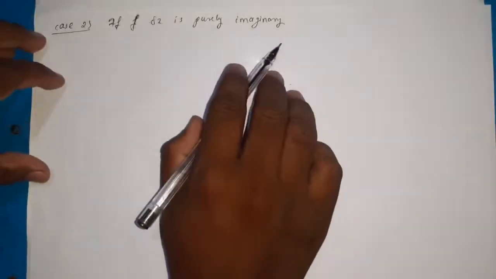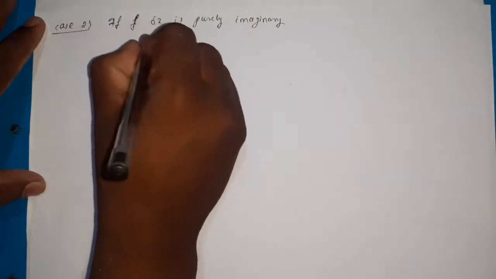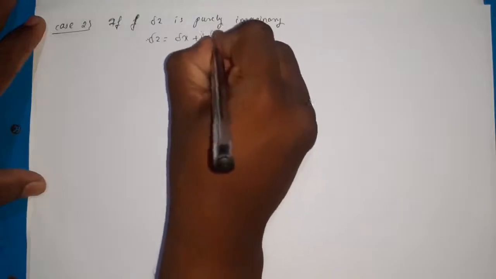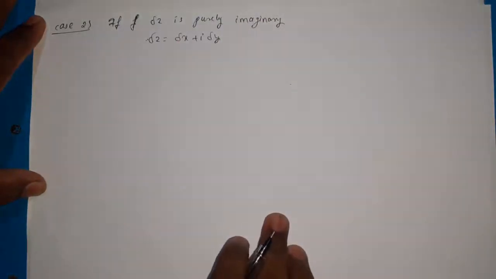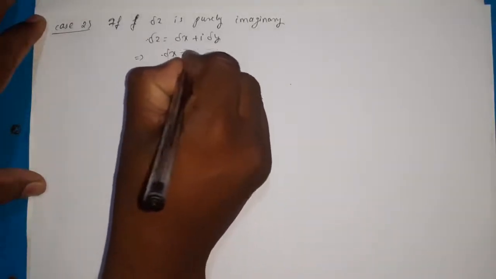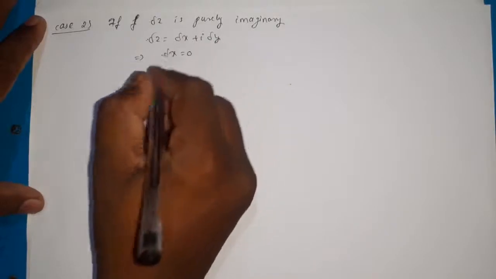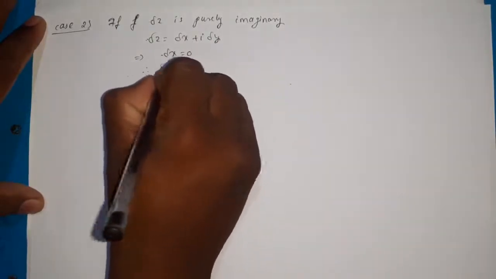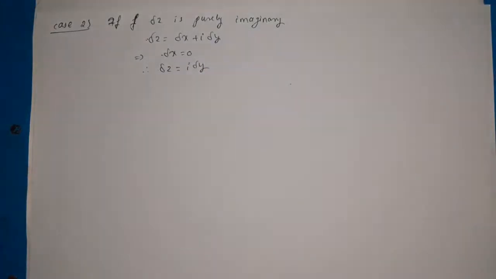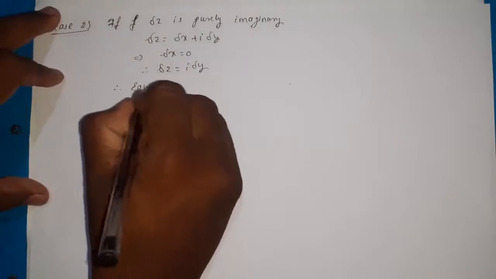The second case is if delta z is purely imaginary. Here delta z is equal to delta x plus i delta y. Purely imaginary means there is no real part, so it implies that delta x is equal to 0. Therefore delta z is equal to i into delta y. So now delta z becomes i delta y, and therefore equation 1 becomes,